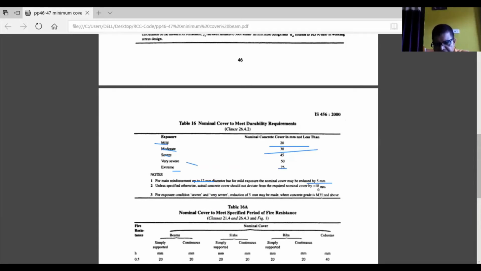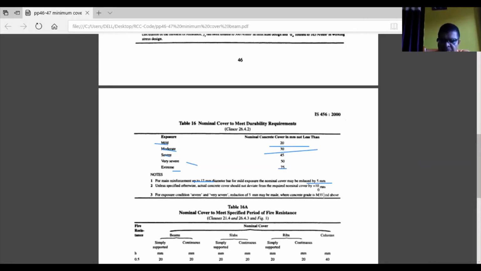So in some cases, like in structures of multi-story buildings or bridges or nuclear power plants, sometimes you go for this higher grade of concrete. Maybe in water tanks, you go M30 or M35. So if you are going beyond M35 grade of concrete, using M35 and above, and the condition of exposure is severe and very severe category, then you can reduce these values. Like in slabs, we have discussed that the values can reduce by 5 millimeter.